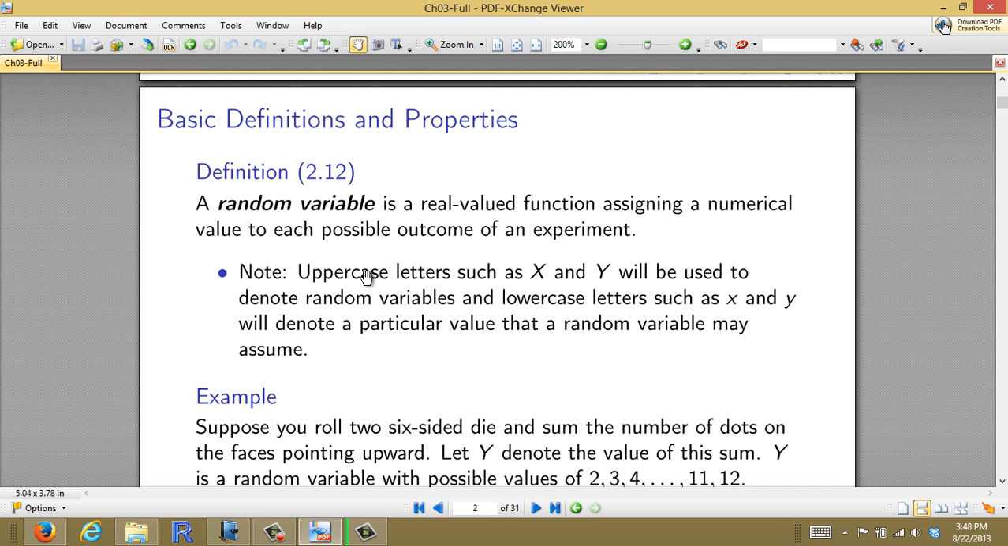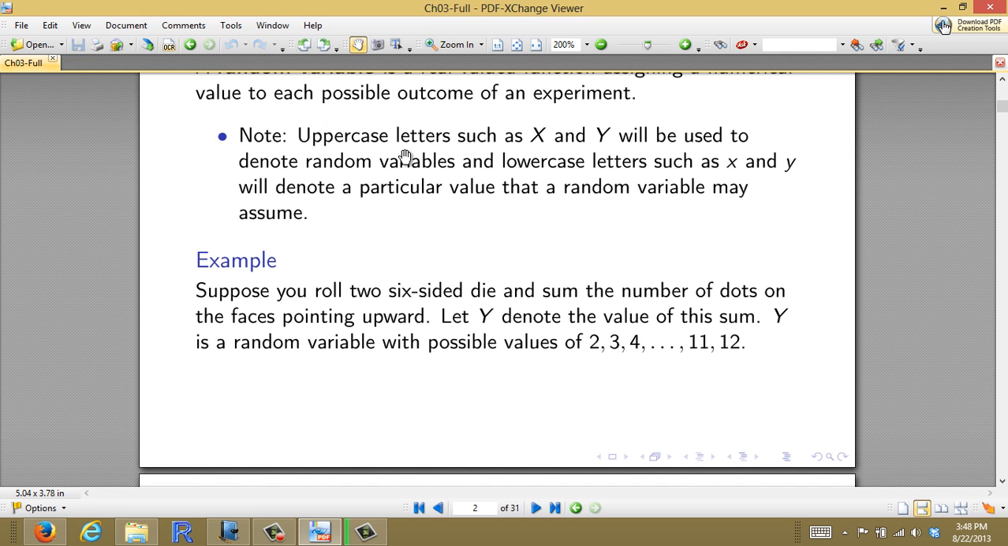And in terms of notation, it's very important to recognize the difference between uppercase and lowercase letters. So in this class, when we use uppercase letters like X and Y, those are going to denote random variables. They're not actual numbers. They are really an idea. They are something that is going to take a numerical value based on some random experiment. Lowercase letters, on the other hand, such as lowercase x and lowercase y, will denote a particular value that a